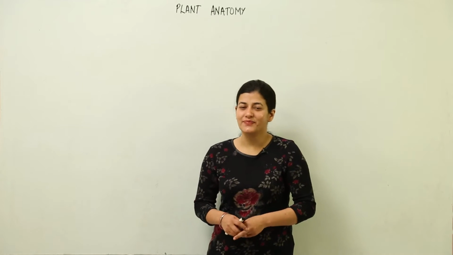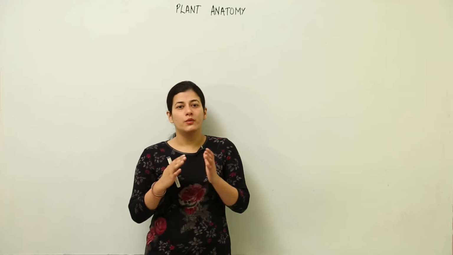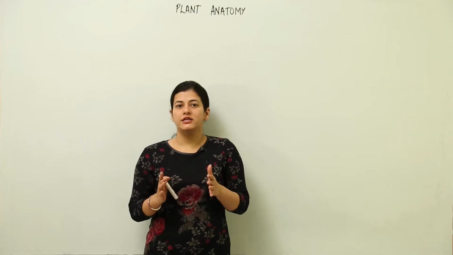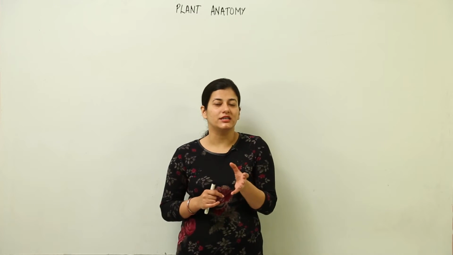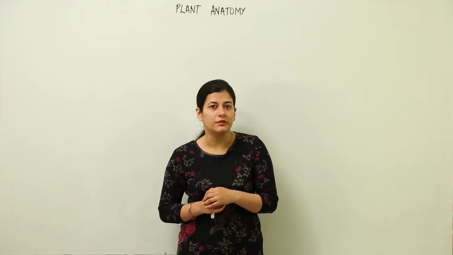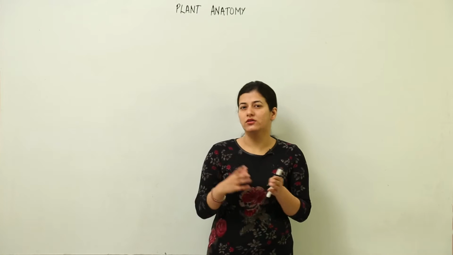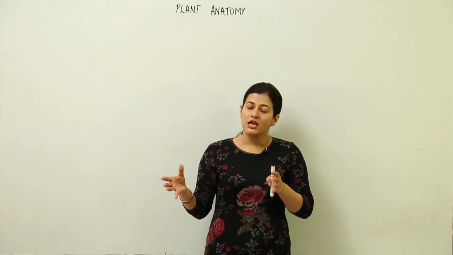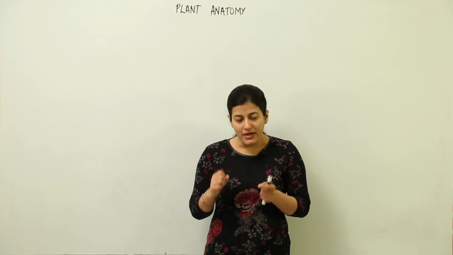Hello students, as we move on to the next section of our syllabus, we're going to see what we are going to deal with in this section. Now, I need you to recall your knowledge from the previous classes where we had studied the tissue arrangement in the plant. Try to recall the terms like parenchyma, sclerenchyma and collenchyma type of tissues, and we had talked about cambium and whatnot. If you cannot recall, I would advise you to go through those lessons again, because now we